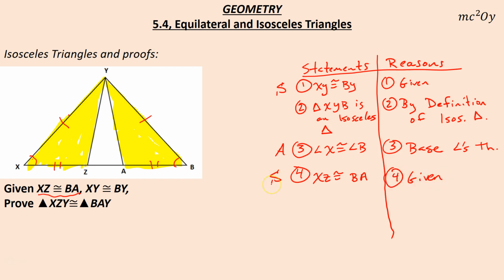There's our last side. So we now can finish this off with triangle XZY being congruent to triangle BAY, is supposed to be a Y, by side angle side congruence. Let's go ahead and make that so we can read it. All right, and then finish it off with some kind of ending, whether it's a block